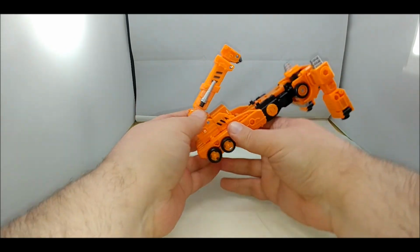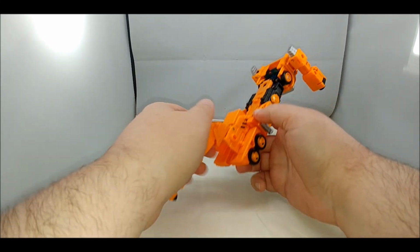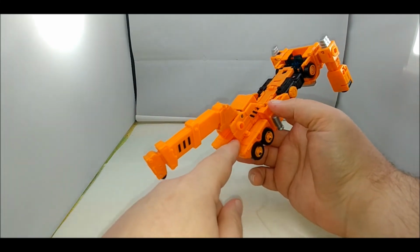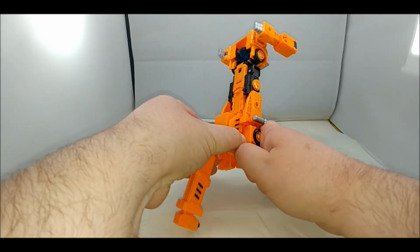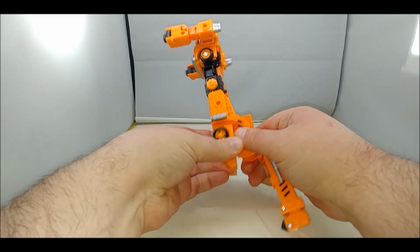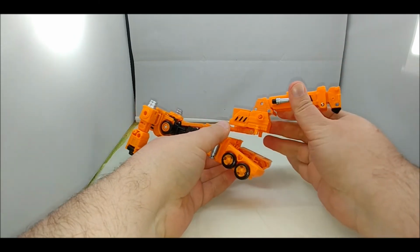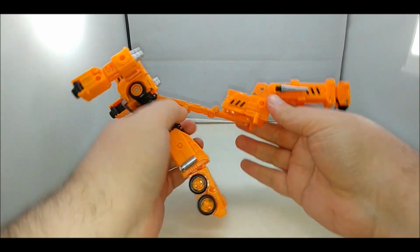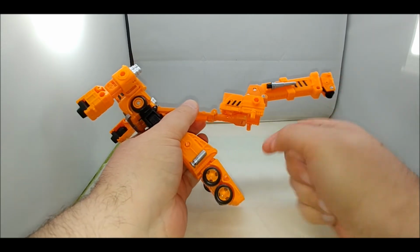Next, what we're going to do is come around here, rotate the crane backwards, and this is a point where a lot of people are breaking their figure. Very carefully, what you want to do is a little wiggle jiggle, and you're going to pull the back crane section out of what will be the feet. It pegs in, and what you have to do when you get this figure out of its packaging is you